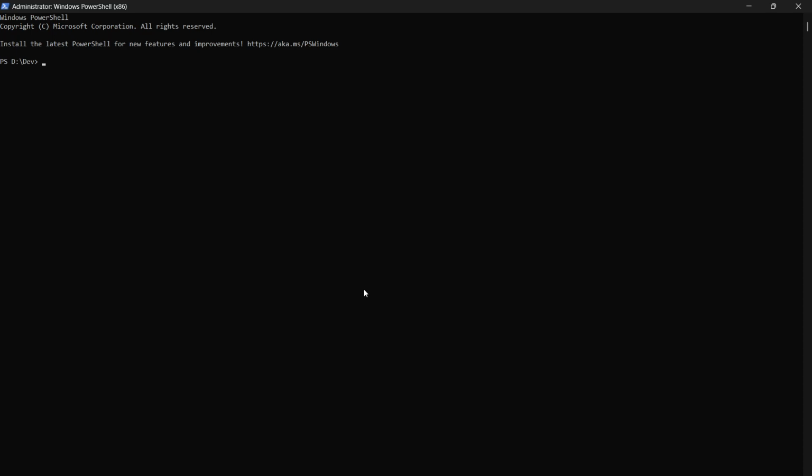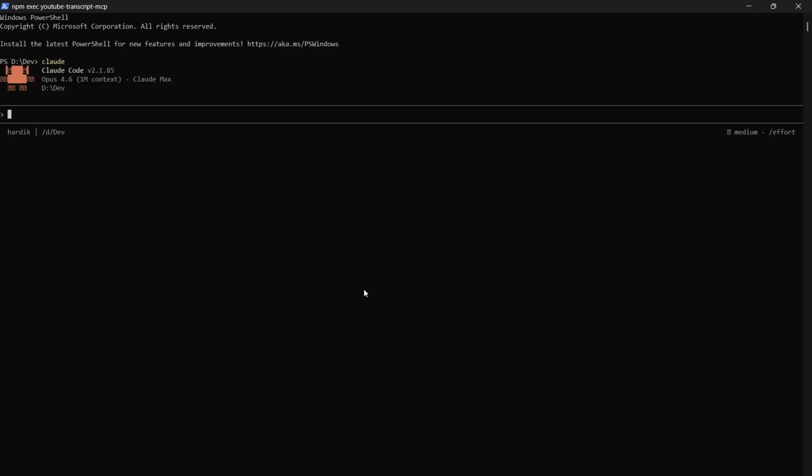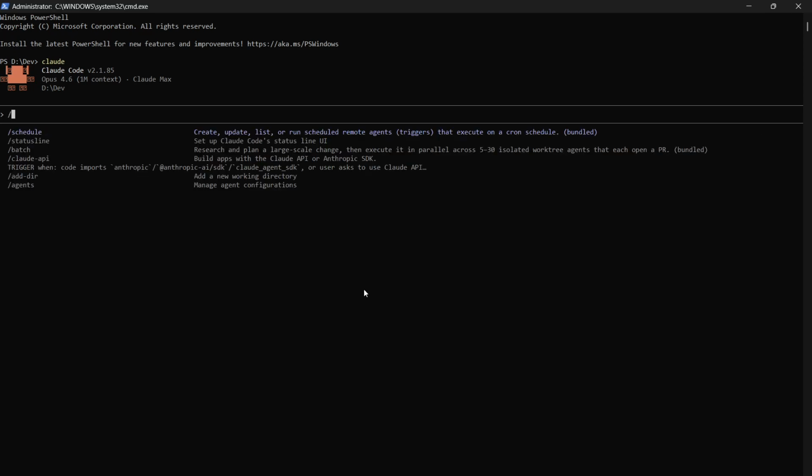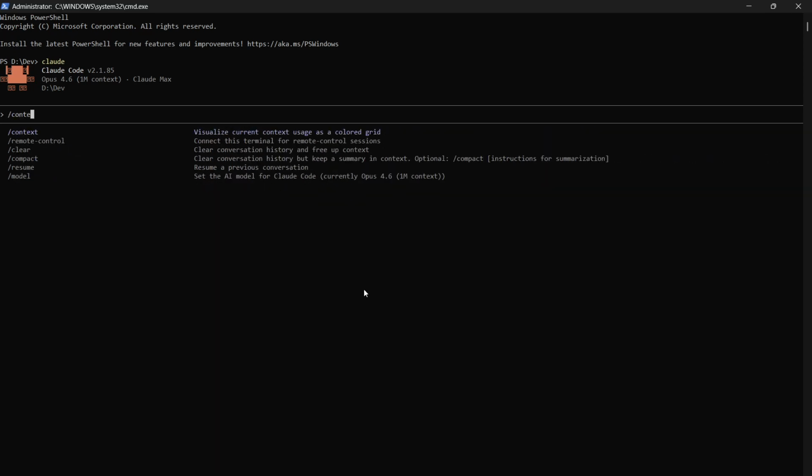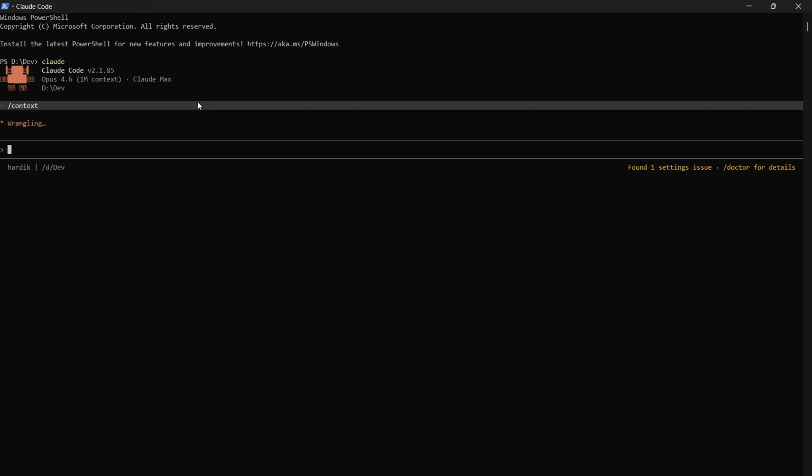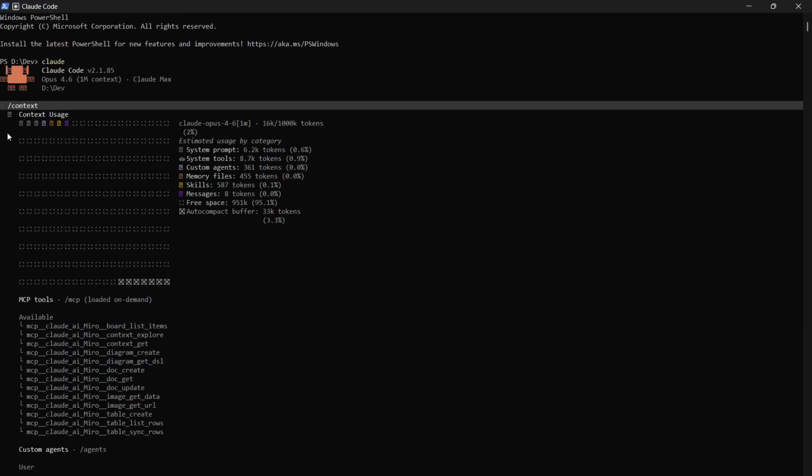So the first thing that we're going to do is simply launch our Windows PowerShell and type in the claude command in order to launch Claude. And once Claude Code successfully launches, you will need to type in a forward slash and then type in context. Now, using this, you can visualize current context usage as a colored grid. So simply hit the enter button and just wait for it to present you the stats,